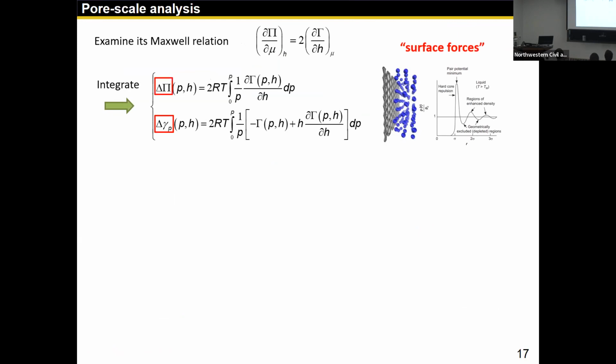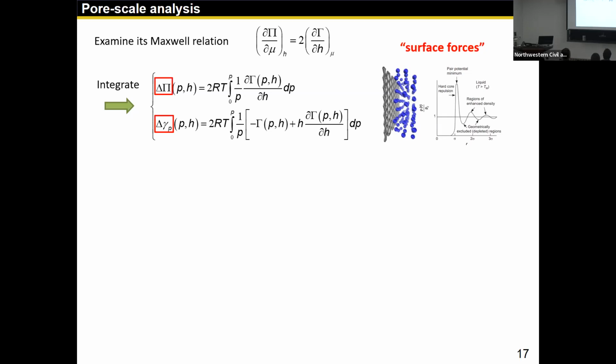Essentially, I call them surface force terms, or simply surface forces, for two reasons. First, they will never show up in your formulation if you neglect the surface, the interface between solid and fluid. Second, they both have deep roots in the intermolecular forces at the nanomolecular scale. And they are essentially caused by solid-fluid interaction due to the existence of a surface force field